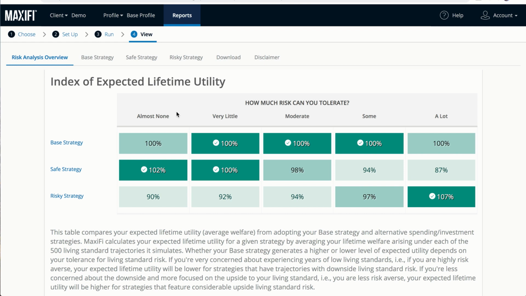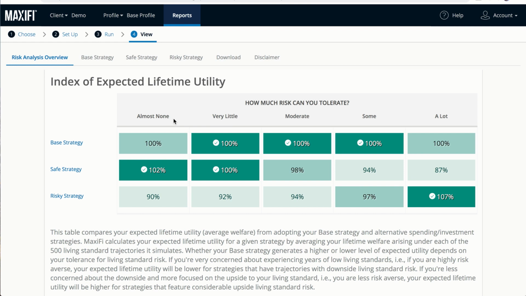And we are evaluating the lifetime happiness under each trajectory. There's 500 of them. We take the average value. That gives us the average, or in statistical terms, that's called the expected lifetime utility. So what we're showing here is that on average, utility is higher with the safe strategy because the couple is